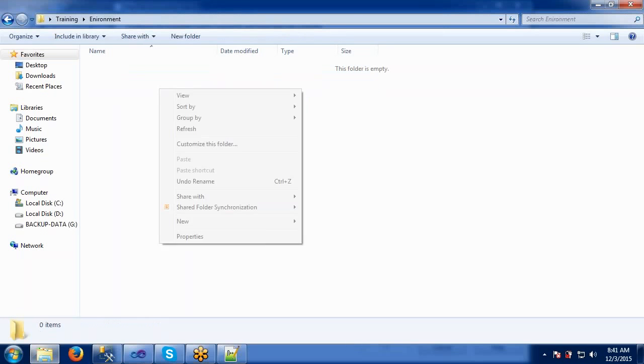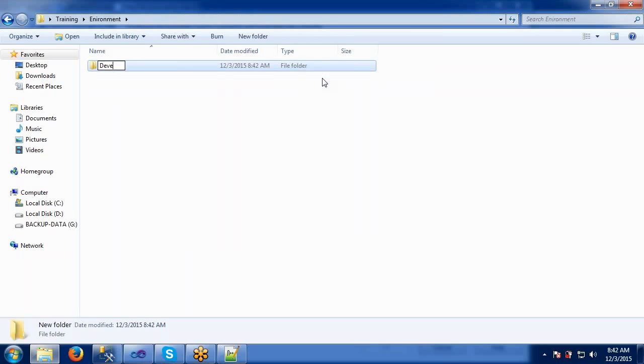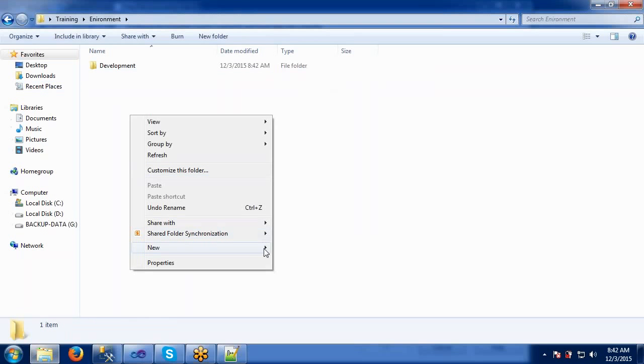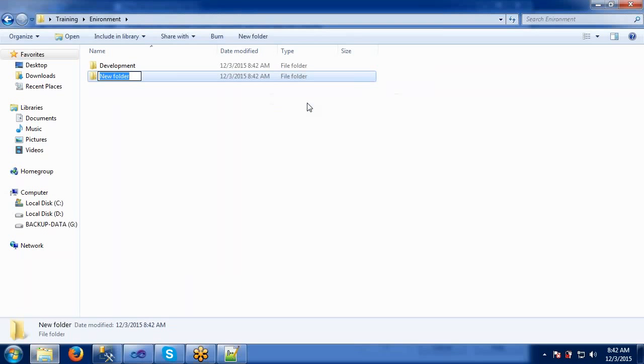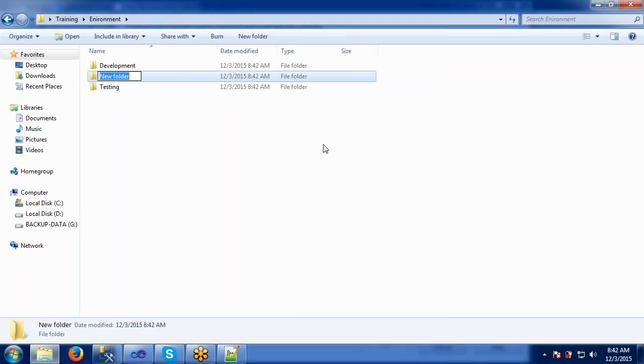In the environment folder, we have development, testing, and production.